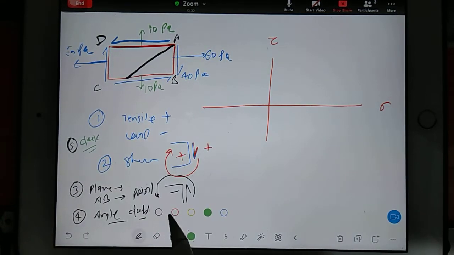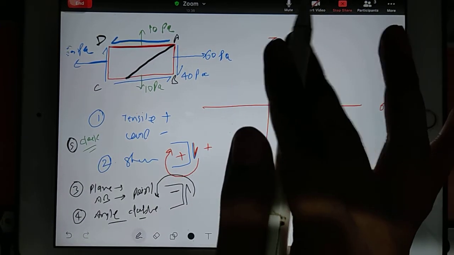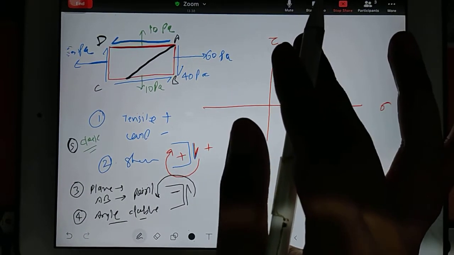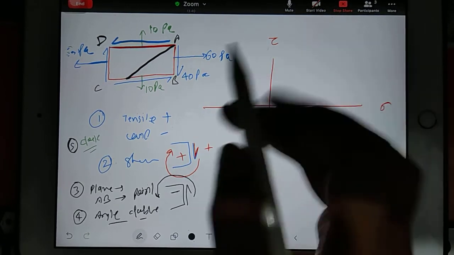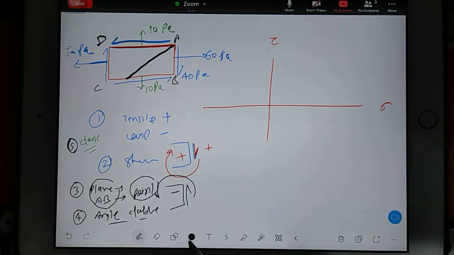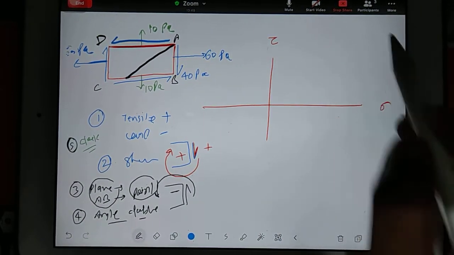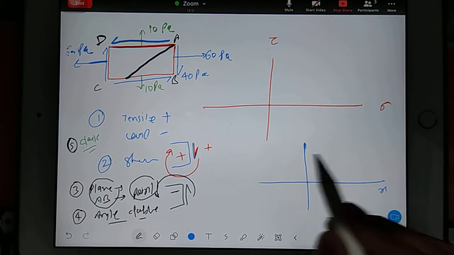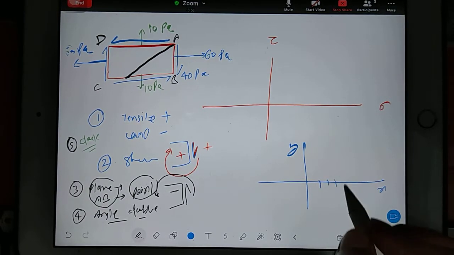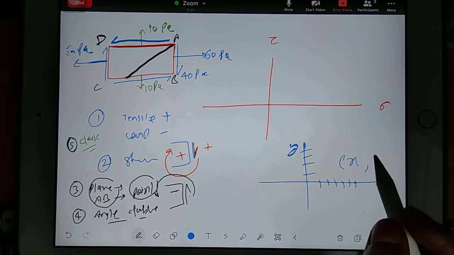So what is your first approach? You have a total of 4 planes, A, B, C, D. You should know the coordinate of every plane, because we are going to convert each plane into a point. So how will you find the coordinate of every plane? See, when you have x-axis, y-axis, whatever value is along x we keep first and then put a comma, then whatever value is along y, that is the y coordinate, we keep here.